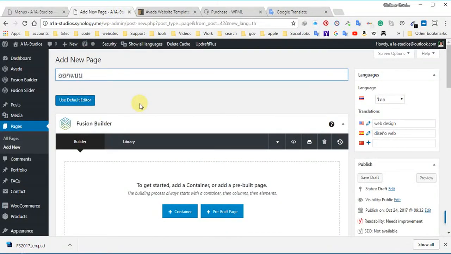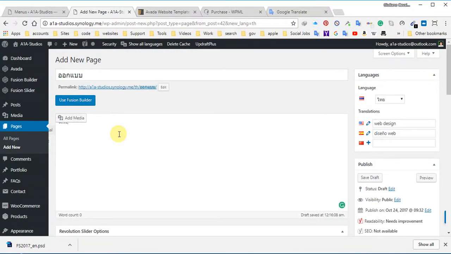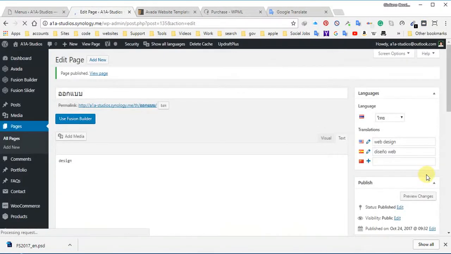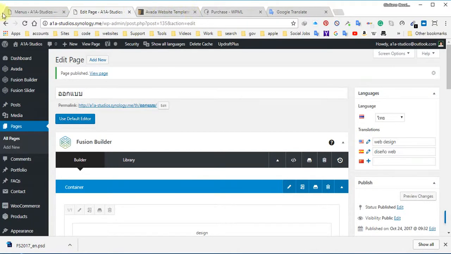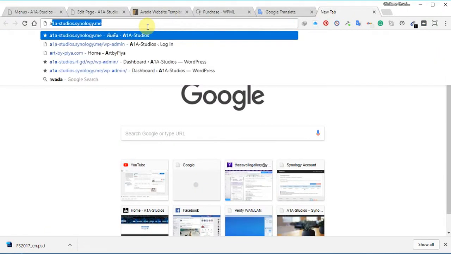I'm gonna write design and I'm gonna publish it. Okay, so design, let me open up another one here. Design comes right after home. So